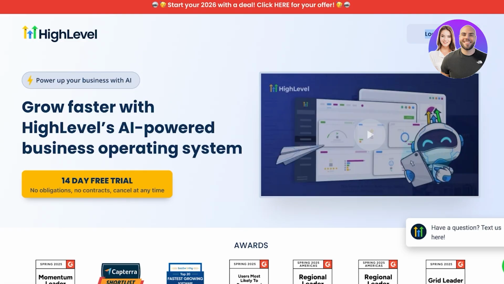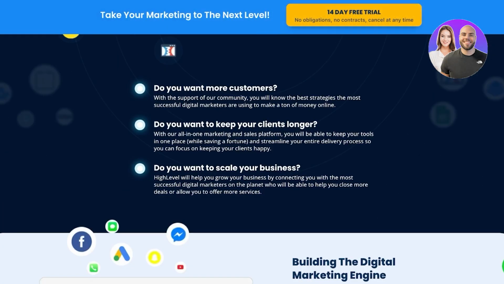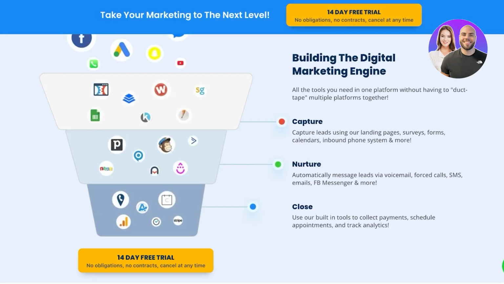Now, a lot of people think that affiliate marketing is so hard, but with GoHighLevel, it can be made very easy. GoHighLevel provides you with a solution for all marketers and all types of businesses. It's tailor-made for agencies and still easy to use even for business owners. So it's the perfect tool that you can use.